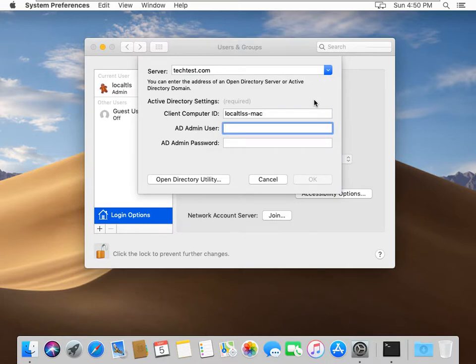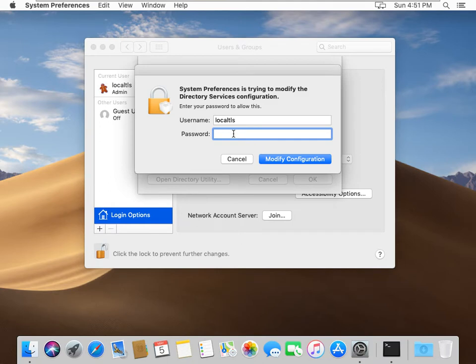Here you have to give the AD admin user for making a member. Actually nobody will use the administrator here. It's temporary, for demo purposes I am showing. In a real scenario it will be renamed to something like helpdesk or some other name. So just give OK. Now it is asking once again to make a member of your local computer.